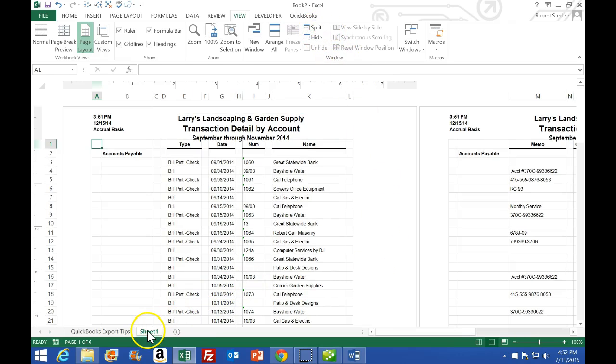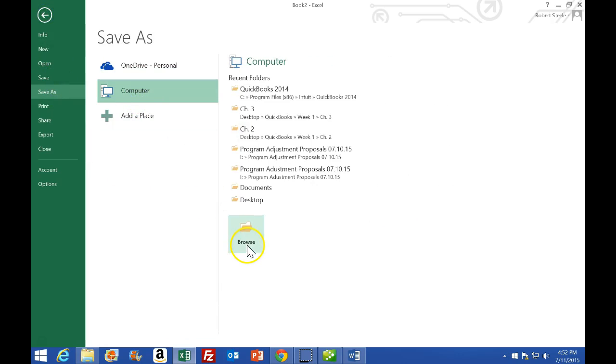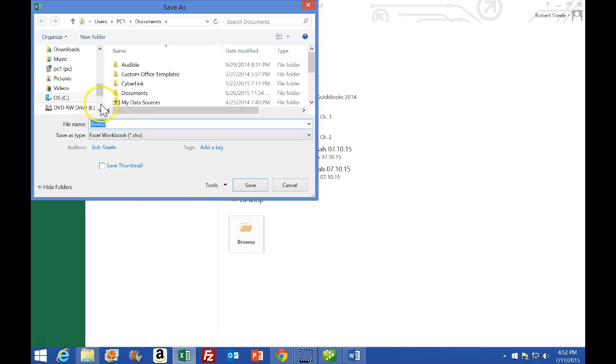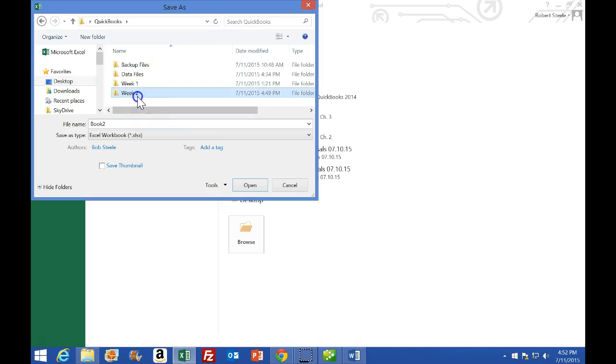Then I can go ahead and double click on this tab to rename it. I'm going to call it the Transaction Detail by Account for A/P in this case. And then I'm going to go ahead and save that. We're going to say File, Save As, go to the computer and browse, and then we are on the desktop. I'm looking for my QuickBooks file once again, QuickBooks being here, week 2 this time, chapter 4, and this is